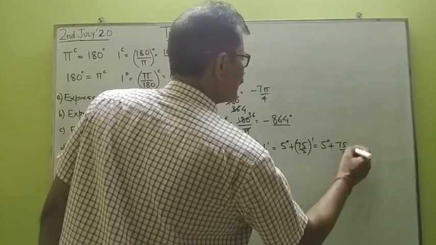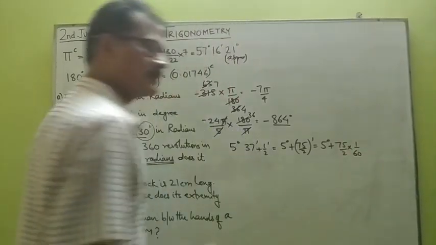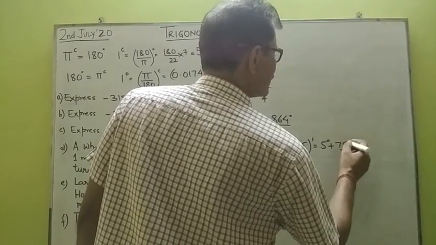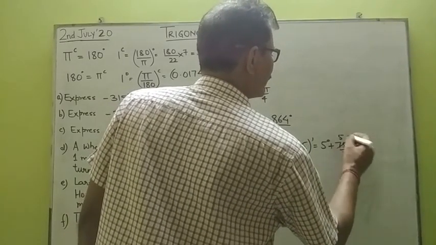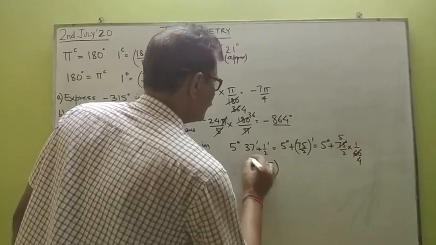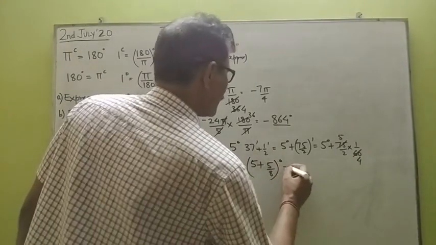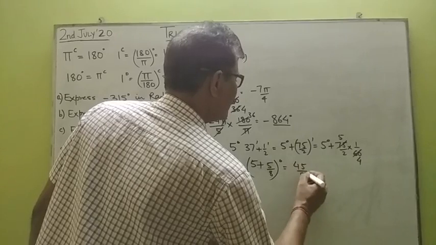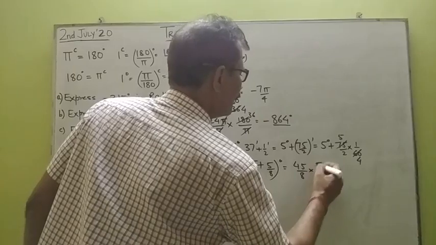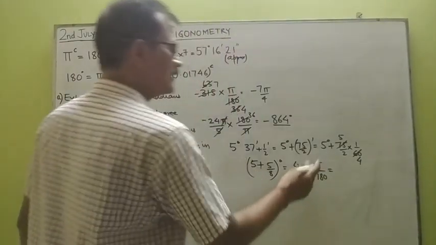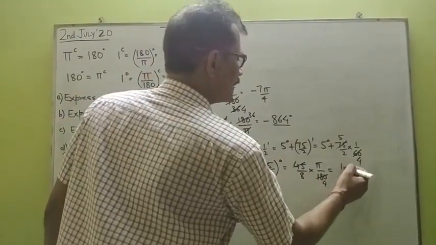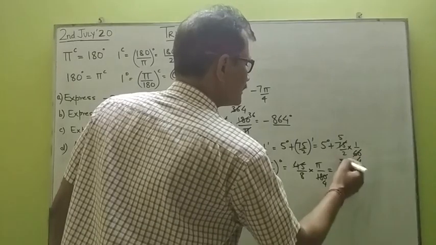Now these minutes again change to degrees. For that we need to multiply by 1 by 60, because 1 minute is 1 by 60 degree. This reduces to lowest terms, dividing by 15. So we have now 5 plus 5 by 8 degrees, and that becomes 45 upon 8 degrees. Then degrees are changed to radians. Again we need to multiply by pi by 180. 45 divides 180, 4 times, so it is pi by 32 radians.